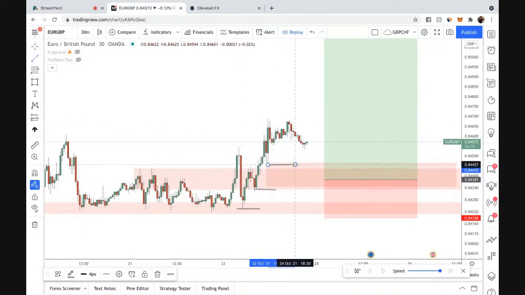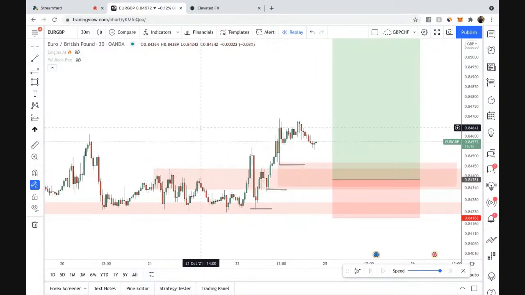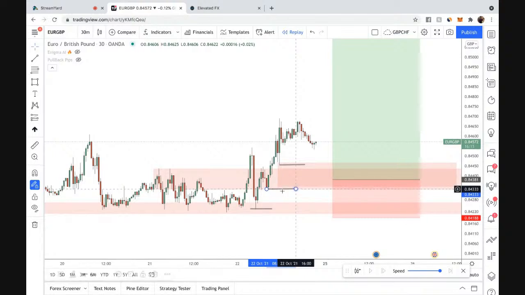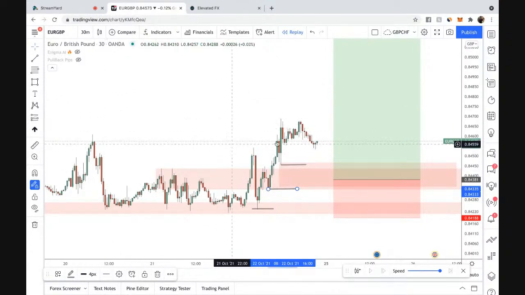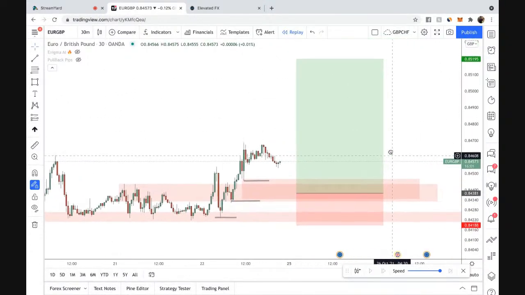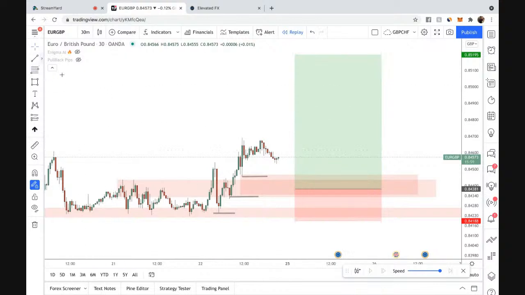Maybe they'd get in right here and they'd perfectly move this up, right? So when you understand that, this is two things. This is not just a question of where people would perfectly get in. This is a psychological reference to where people are placing their stops. Because right now it's not EG time. Right now it's Sydney Asian time. But best believe, you know what time EG time is?